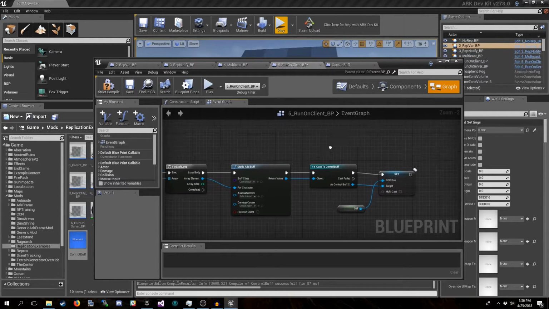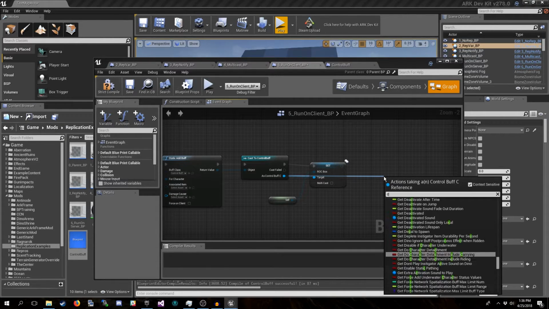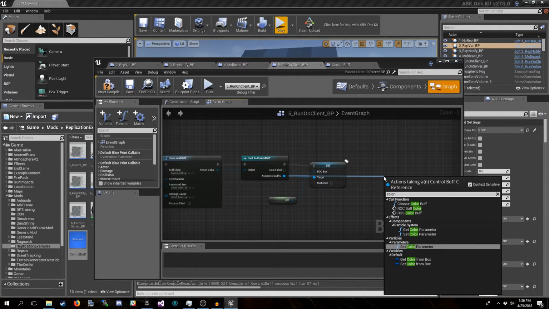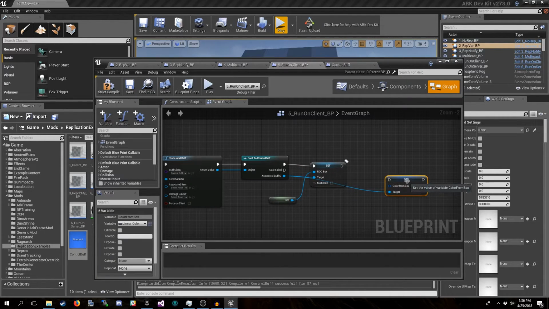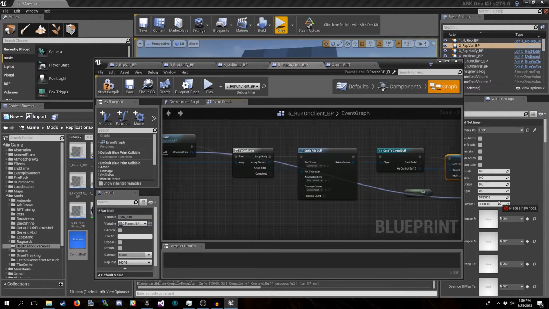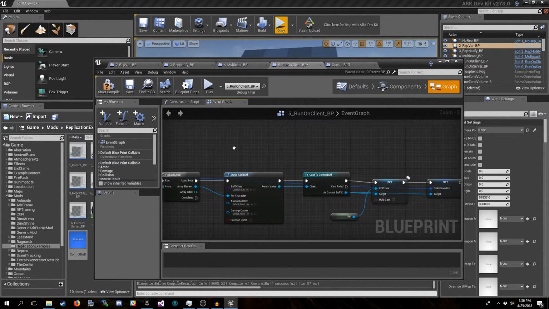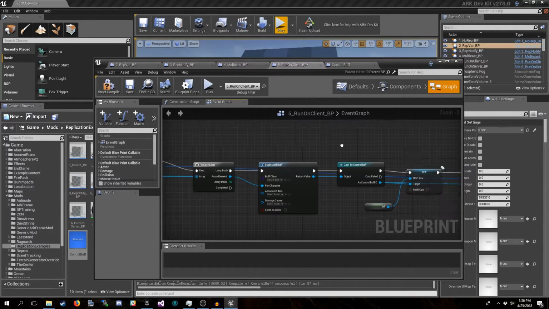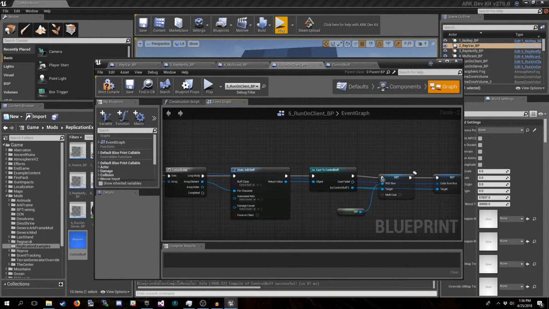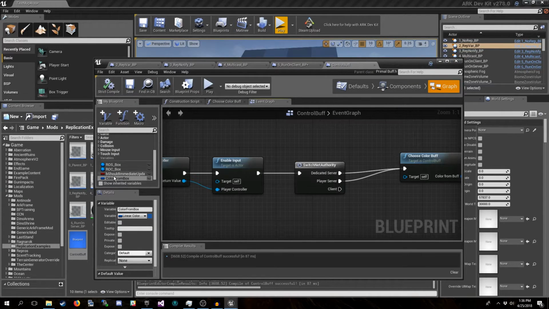Come back to our run on client BP. Now we'll drag off of this. We'll find our color from box variable, and we're going to set it. I'm going to drag from here down to over here. So now, every time this buff gets added to these players, they should receive the same color in this variable.